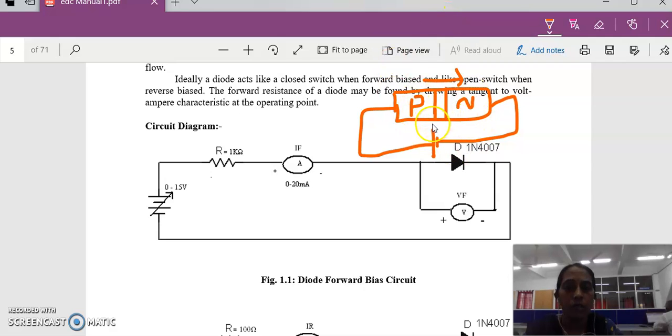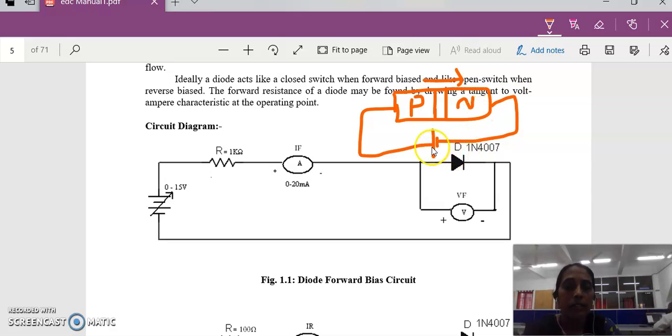Before we go to the actual experiment procedure, we already know that the diode is also known as a unidirectional device. In the intrinsic semiconductor, on one side the p-type material and on the other side the n-type material are doped. The uncharged carriers form a layer, which we call the depletion layer. The majority charge carriers in p-type material are holes and minority charge carriers are electrons. On this side the majority charge carriers are electrons and minority charge carriers are holes.